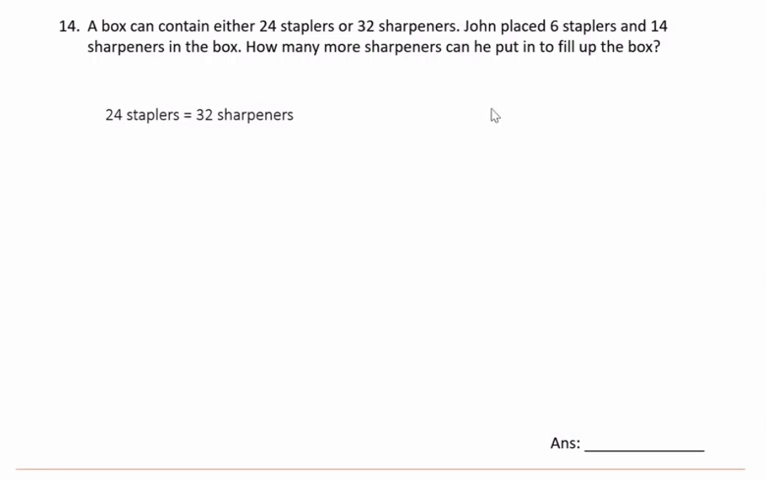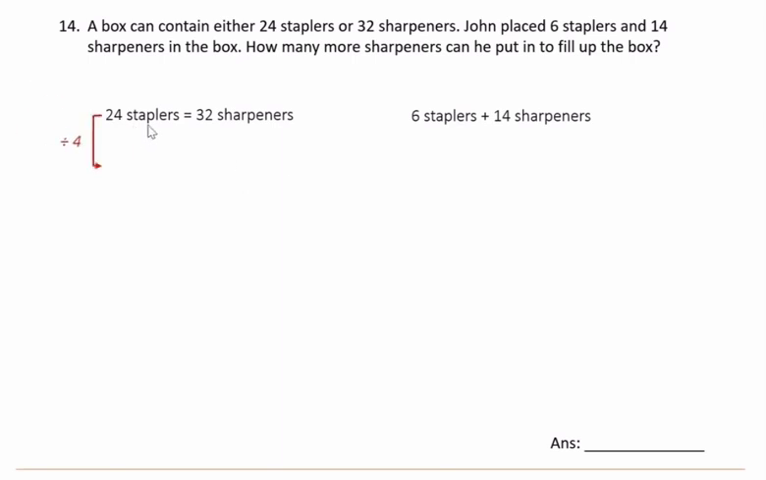Okay, so John placed 6 staplers and 14 sharpeners. The question asks us for sharpeners, which means I need to remove the staplers and fill it up with how many more sharpeners so that it will fill up the whole box. So I need to replace the staplers. Over here only got 24 staplers. Am I able to look for 6 staplers? So how do we do it? We divide by